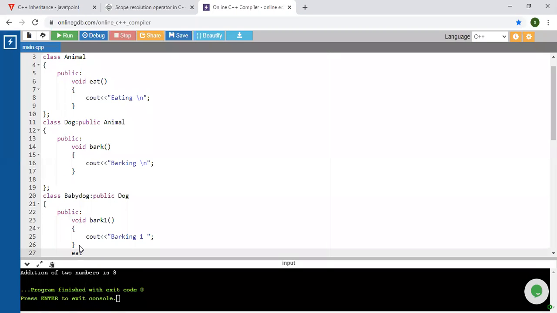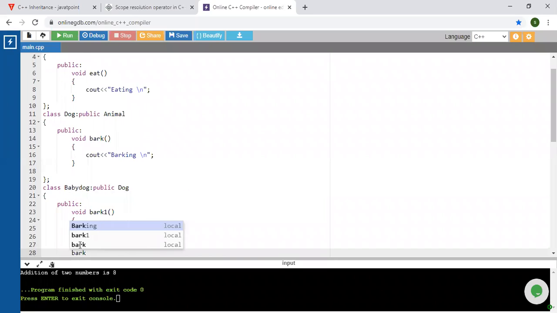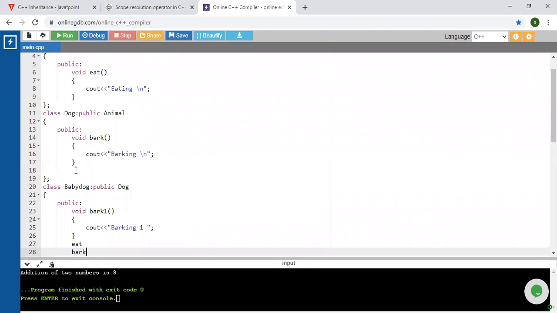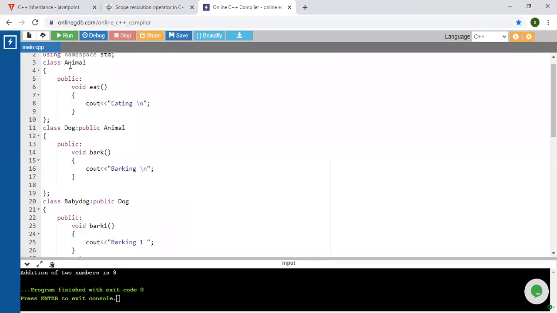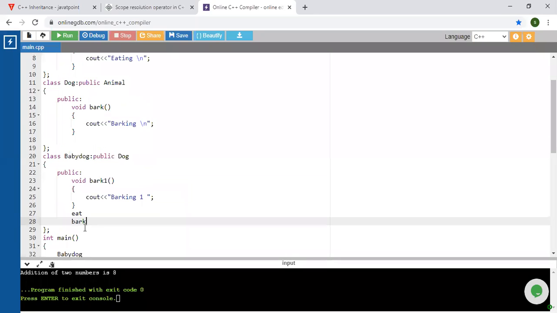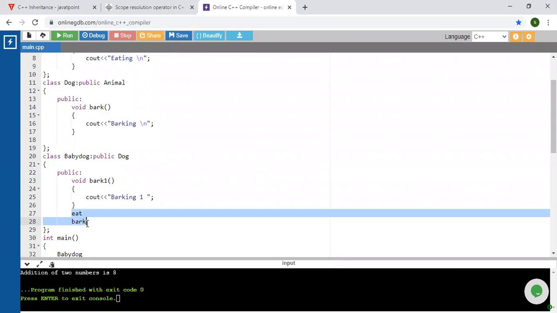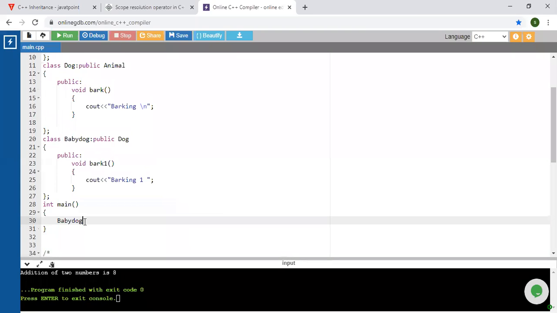As well as the bark method, because baby dog inherits dog, and dog inherits all the properties of animal. So from baby dog we can access both methods, eat as well as bark. Clear? So we will create the object of baby dog as b1.